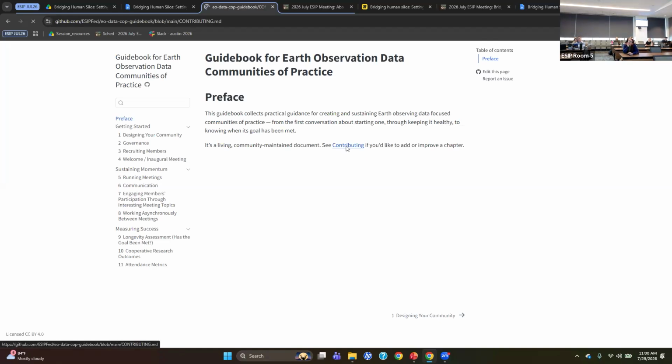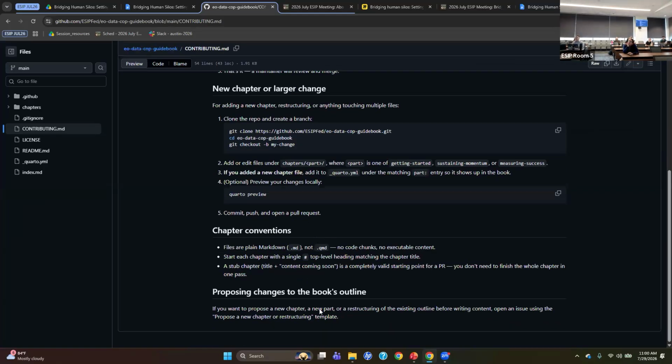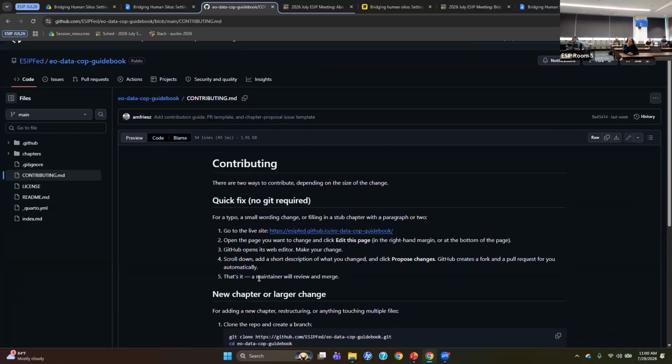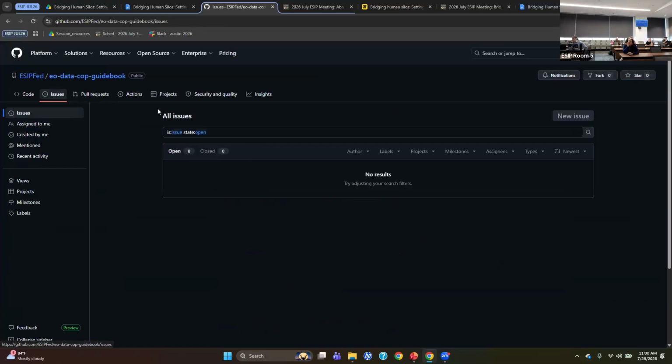So you go into contributing, and if you scroll down to the bottom, it talks about proposing changes to the book's outline. You can do that by creating an issue. So you click on issues there, select new issue, and there is a